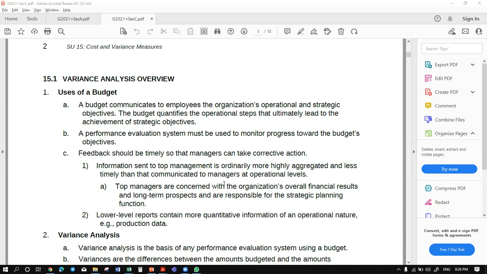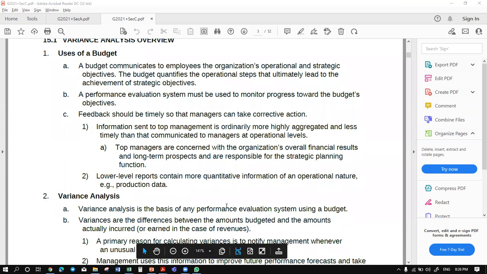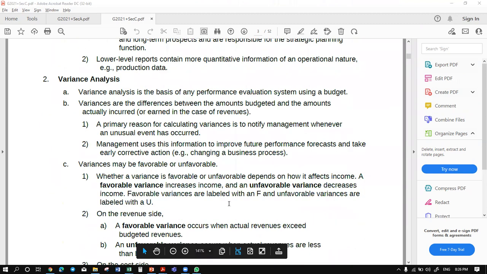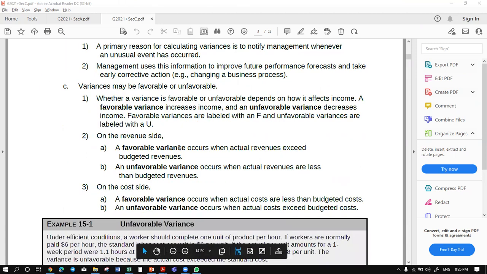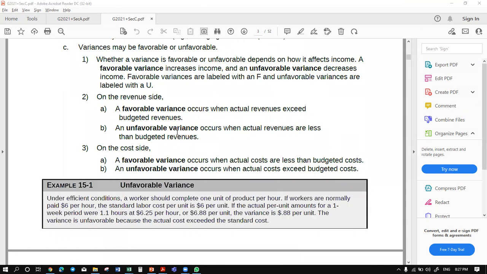Okay. Anyway, so we will do variance analysis. We will find the material variance, labor variance, and overhead variance. All the variances we will be calculating. Once you calculate the variance, either you performed better than the standard you set, or your actual is better than the budgeted data, so it will be a favorable variance. And if you are performing worse than your established budget, this will be an unfavorable variance,